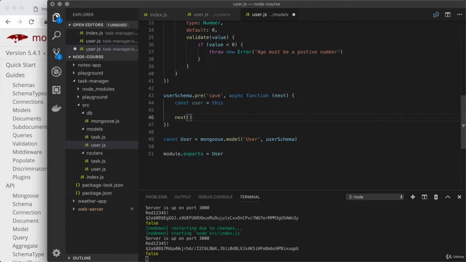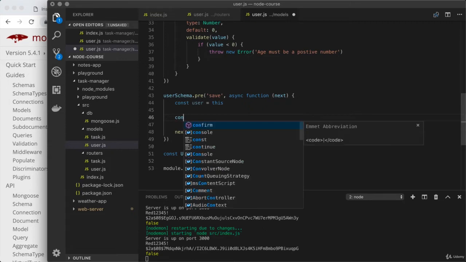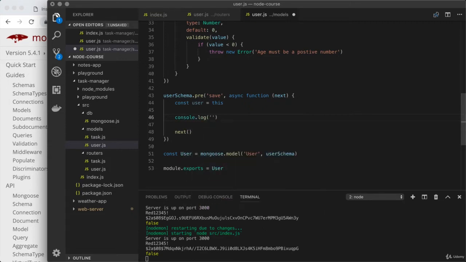Now, if we never call next, it's just going to hang forever, thinking that we're still running some code before we save the user, and it will never actually save the user. So it's really important to make sure that next gets called. Now, right here in between, this is where we want to go ahead and hash the password. Before we do anything like that, let's go ahead and just use console.log to print a message just before saving. What we're going to do is fire off some operations from Postman and watch that message print in the terminal